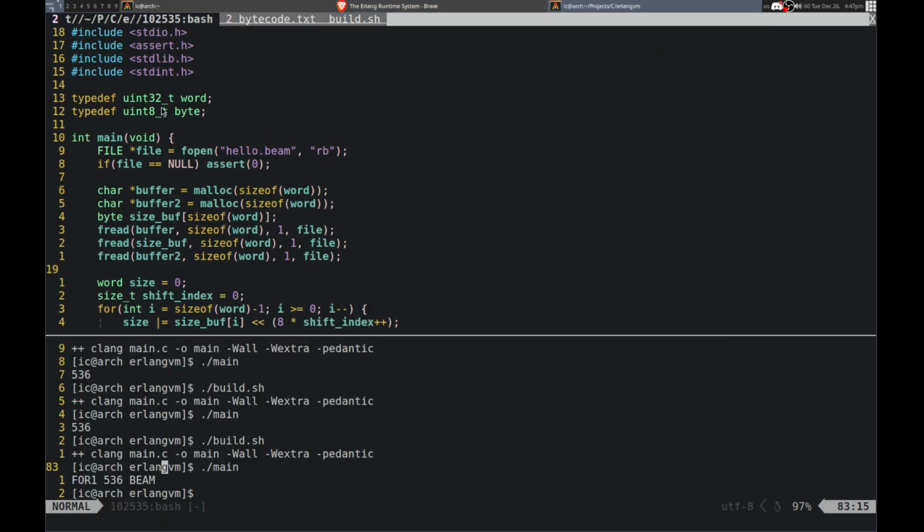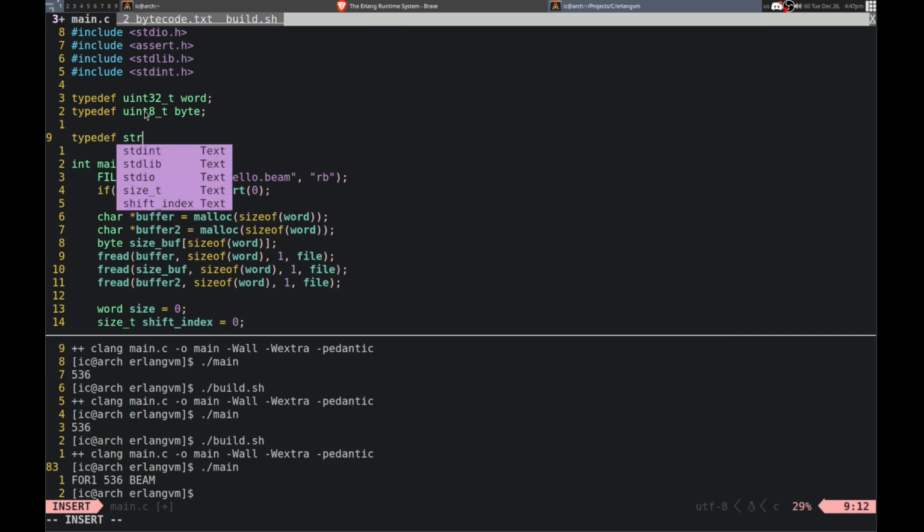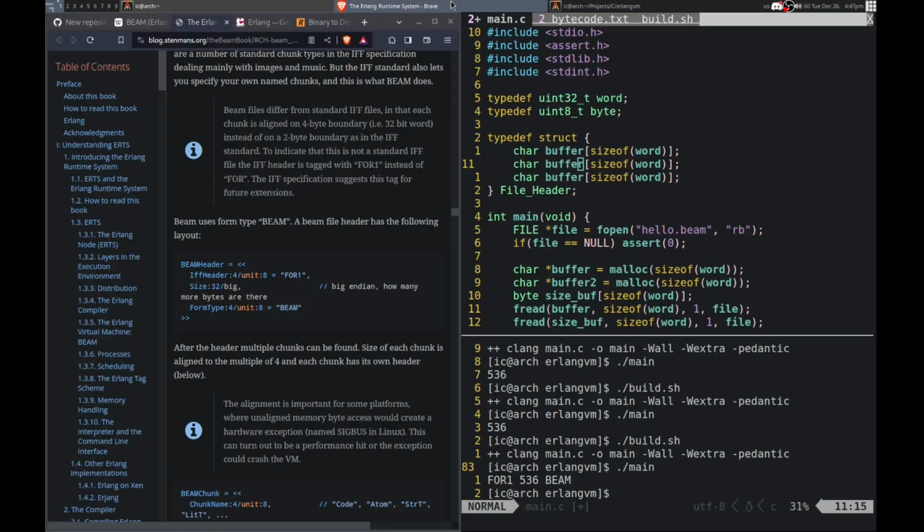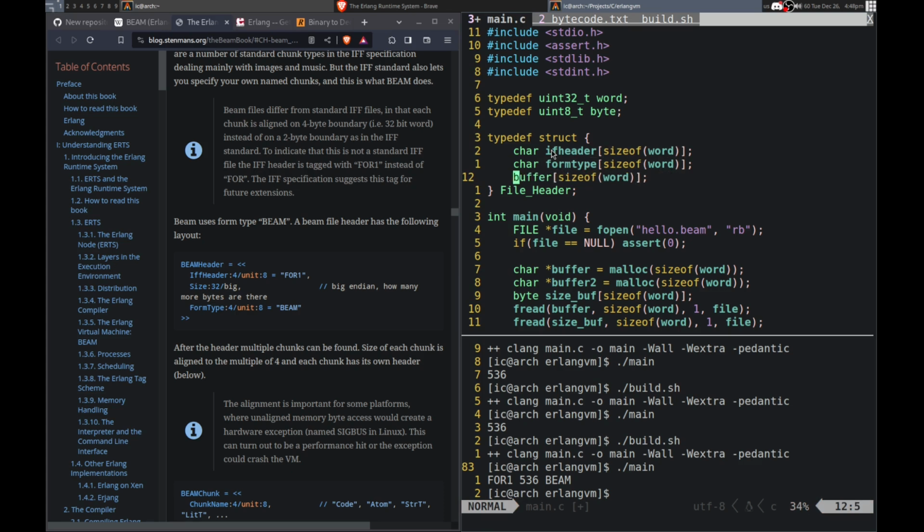So yeah, I'm going to make a structure now. And this is just a file header. Yeah, and I can just put the buffer in here. So it'll be a character array buffer. Yeah, and it'll be the size of the word, actually. Will be the size. Okay. And then buffer. So actually, what is this for? So this one, IFF header and form type. So I'll call it that. Let's see, form type. Alright, and then this one is actually, okay, which is basically the same as the character, but, you know. Alright, this is the size buffer. Okay, and they're all that size.